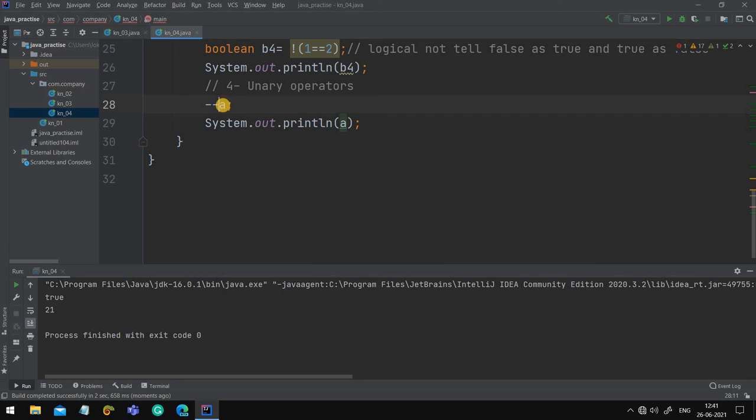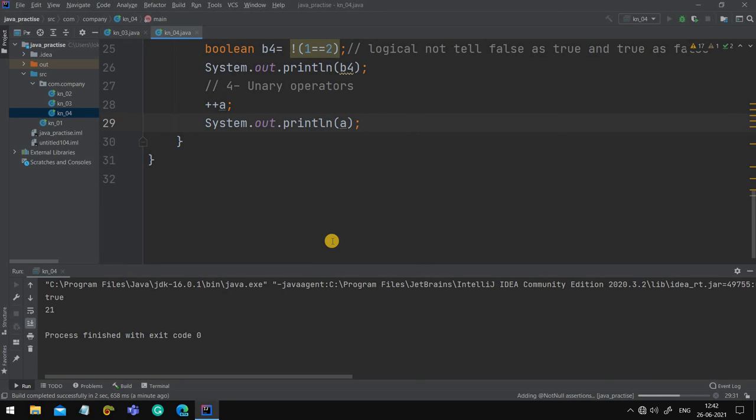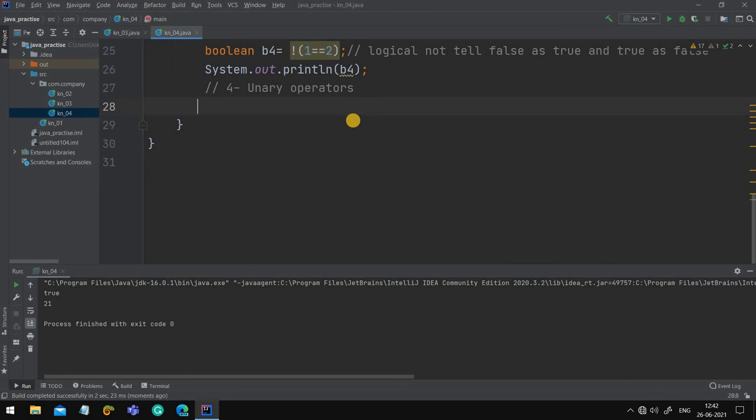Now if I write here plus plus A, here first you have to do the increment and then show the output. Like this it will not be clear to you. This unary operator concept I'll do when we start a loop, because only there will increment and decrement be very clear in your mind. So there only we can do this. Now as of now, let's learn about binary operator.